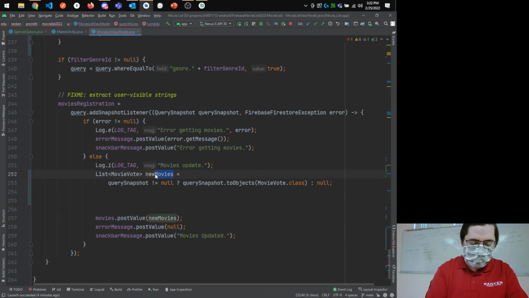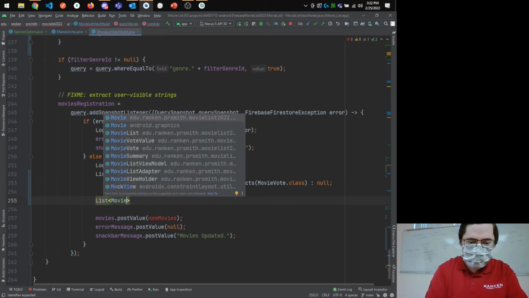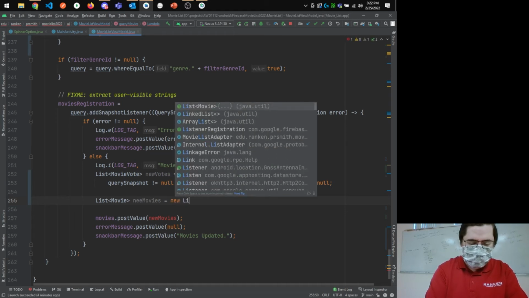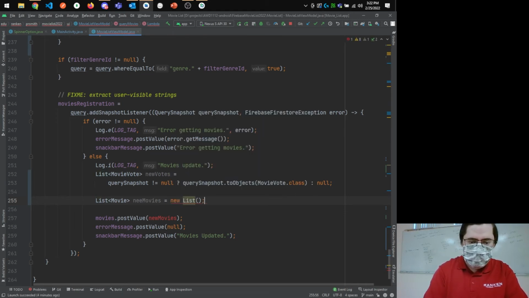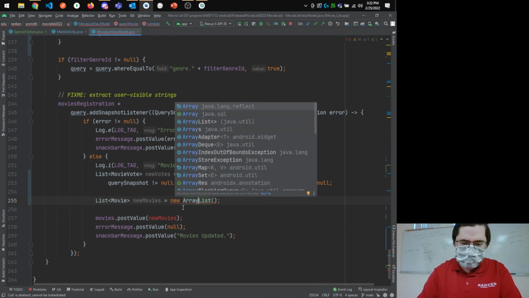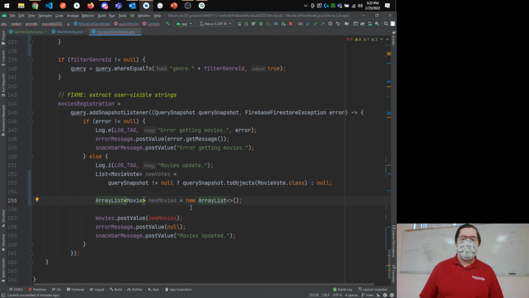Maybe I give this a different name, new votes, and I want a list of movies. This is the new movies, which starts out as a new list. Actually, I want both of these to be an array list. So make a new array list